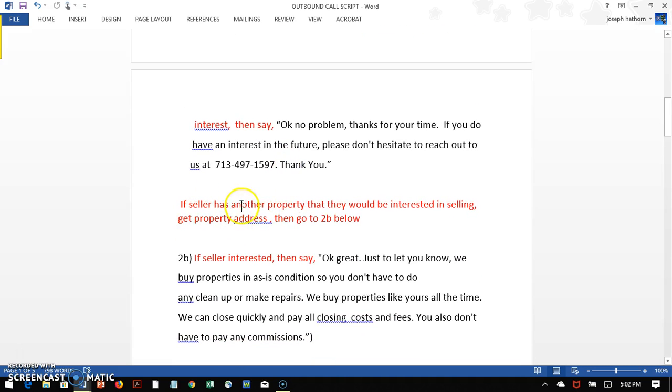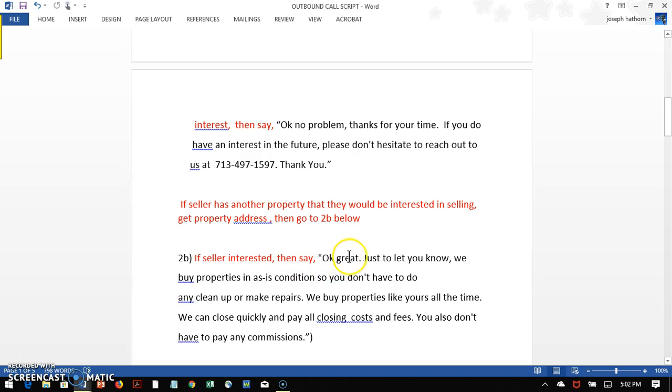Then, if the seller has another property that they're actually interested in selling, what you want to do is get the property address, and then you're going to go to 2B right here. So it'll be the same as if the seller had an interest. Okay. So if the seller is interested in selling, or if they have another property they're interested in selling, then